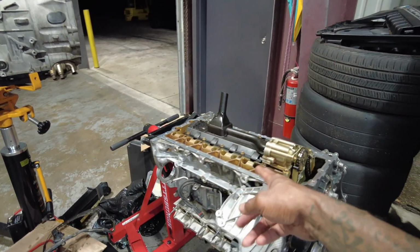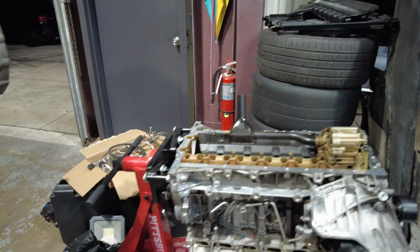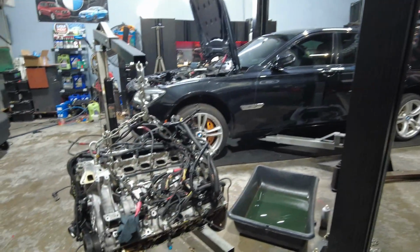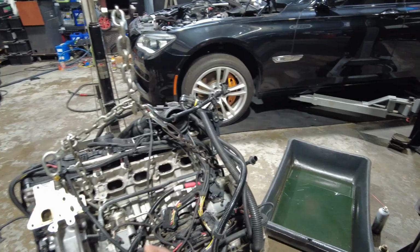oil pan. Well, we have the new oil pan gasket, but we're waiting on something, a little special stuff we use to make it never leak. But yeah, we found out exactly which, well, you can't see up there, but